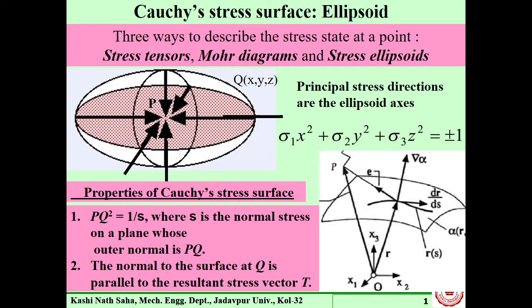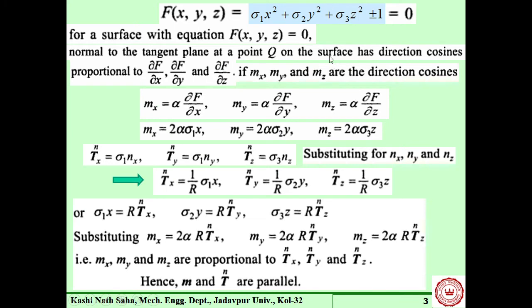Okay, this is clear. Now these two are statements only, right? So whether they are really true or not, that is what we have to see. For that, you note a particular property of a surface. For this surface we have an outer normal, and this surface also has an equation. For the stress ellipsoid, what is the equation of the surface? This is the equation of the surface. Now, what I was talking about is this particular observation.